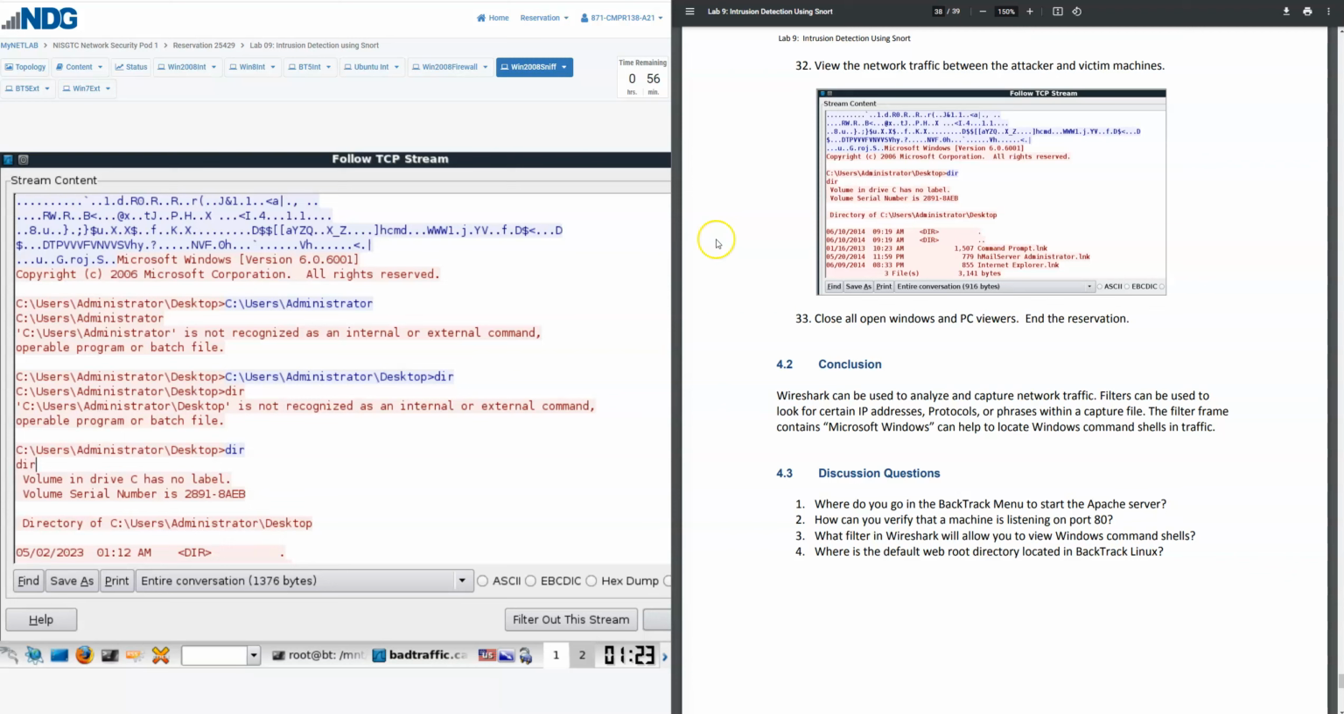Question 2. How can you verify that a machine is listening on port 80? In the terminal window, you're going to use the netstat command. Now, what filter in Wireshark will allow you to view Windows command shell? In the filter window, you're going to type in frame contains, quotation, Microsoft Windows, end quotation. And last but not least, where is the default web root directory located in BackTrack Linux? That will be the path /var